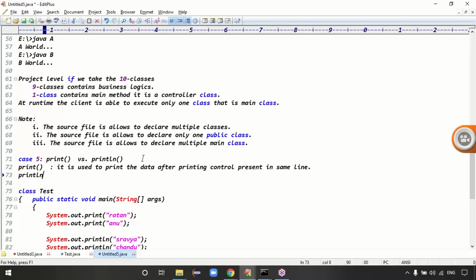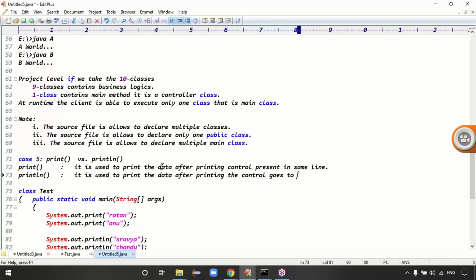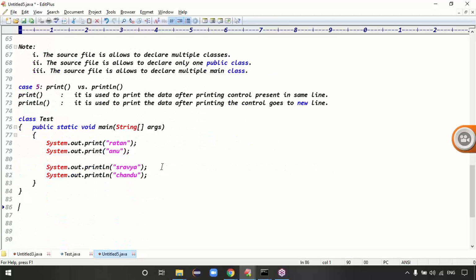What about println, guys? Basics are very important. Try to focus on the basics. It is used to print the data. After printing, the control goes to the new line, right? Exactly, guys. That's the difference between print versus println.